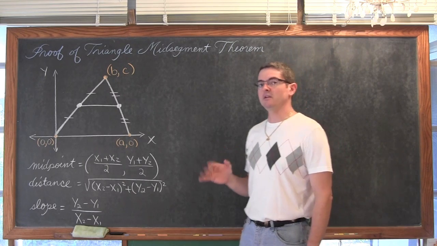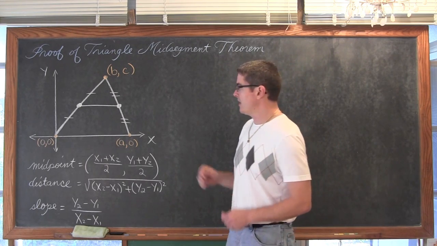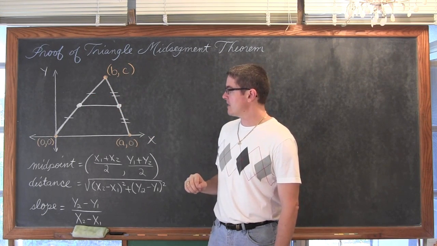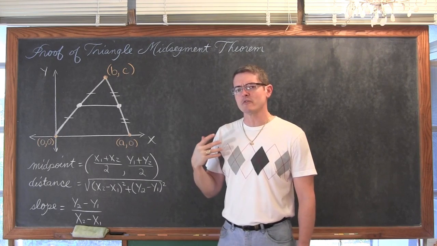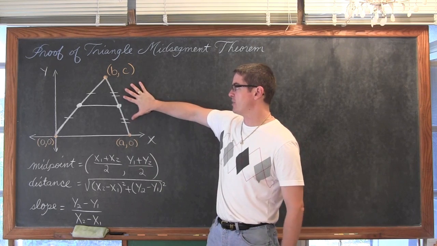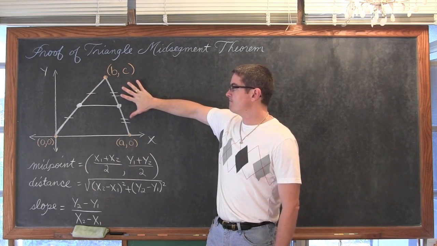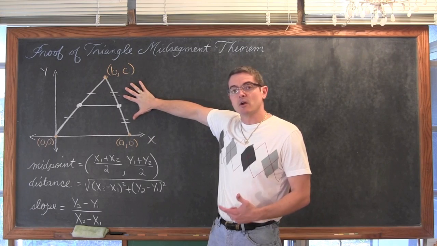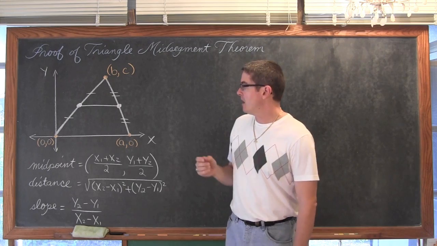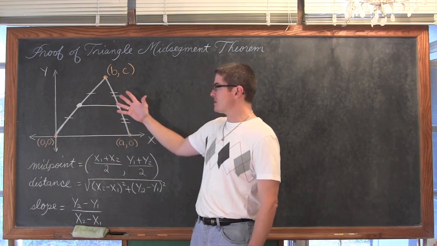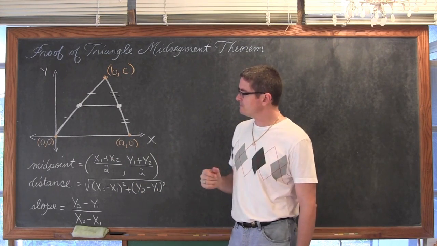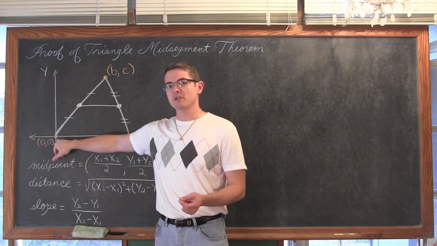Now, what I've done for convenience of simplifying the algebra is I've placed my triangle in quadrant 1. To keep my algebra as simple as possible, I've put my triangle in quadrant 1. Now, this is going to represent any triangle. I'm just putting it in quadrant 1 so that all my coordinates stay positive and it simplifies my algebra. I've also, since I can put this triangle anywhere on the xy axis that I feel is convenient, put one of the vertices on the origin.